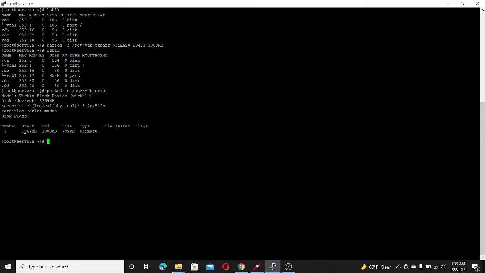in this disk we have one partition starting from 1049 kilobytes. That means the bootloader size is 1049 kilobytes, and the end is at 1000 megabytes. So the partition size is 999 megabytes. Partition type is primary. Now